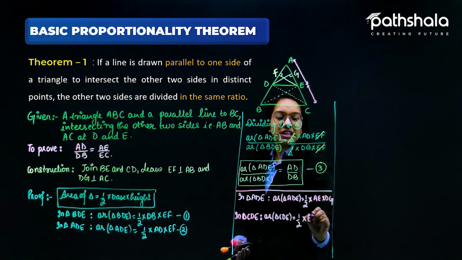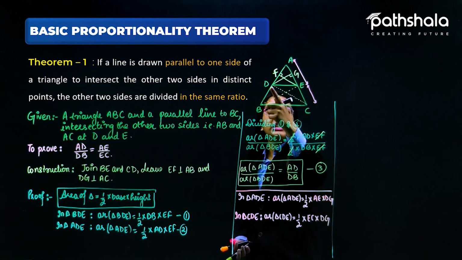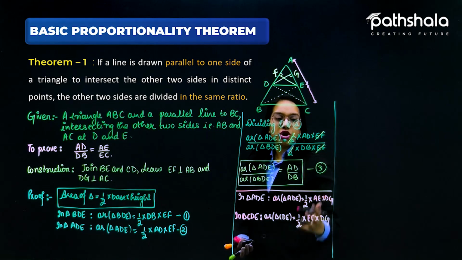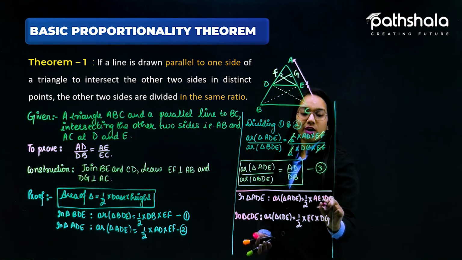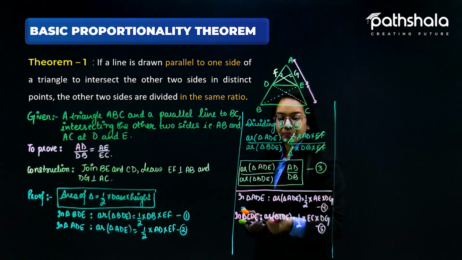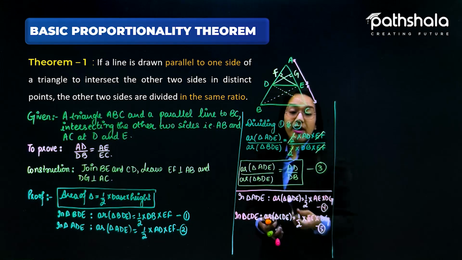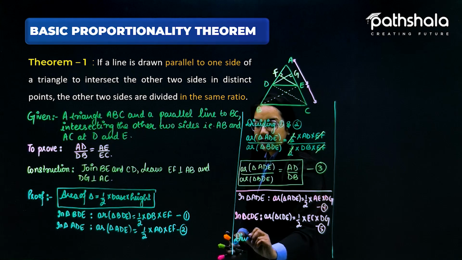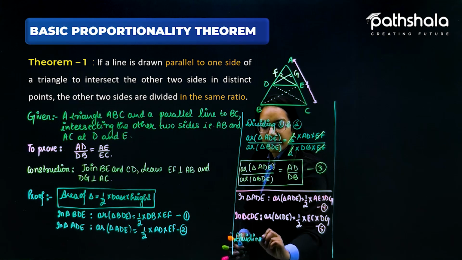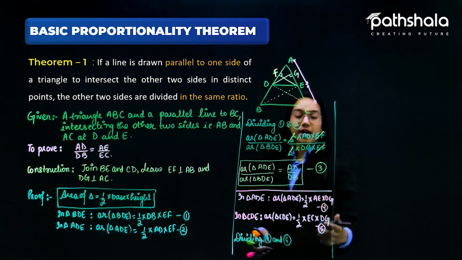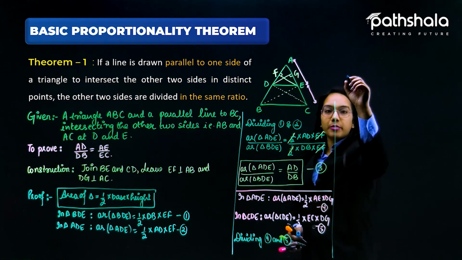So this is my base EC, and height again is DG. As you can see over here, for CDE the height is nothing but DG. Now again, if I'm taking these two as equation number 4 and equation number 5, let's divide these two equations again in order to get the value. So if I divide 4 and 5 again, we will get the answer as nothing but,